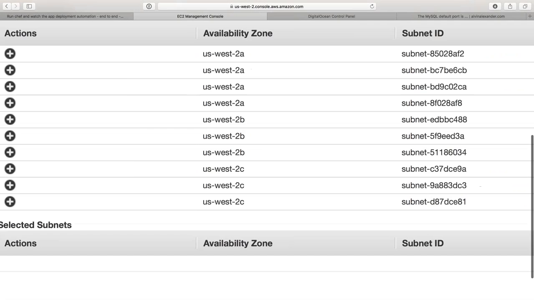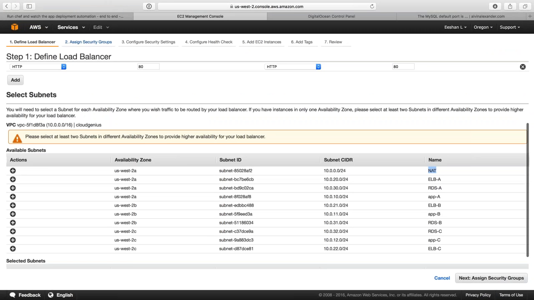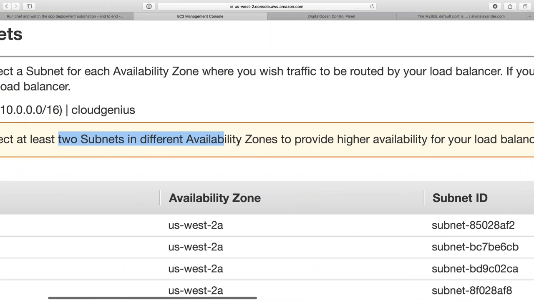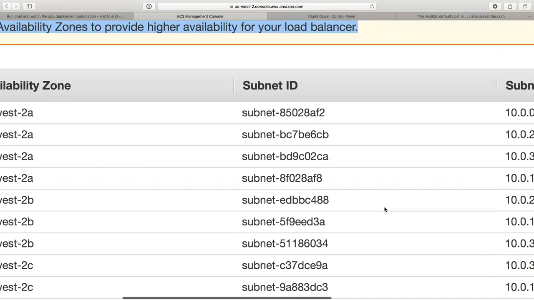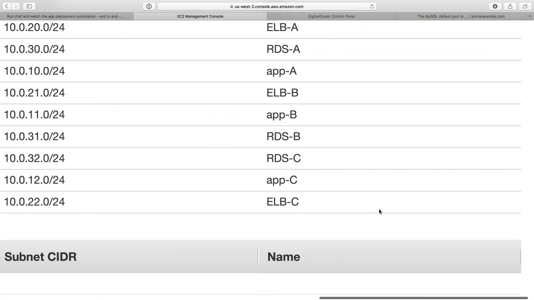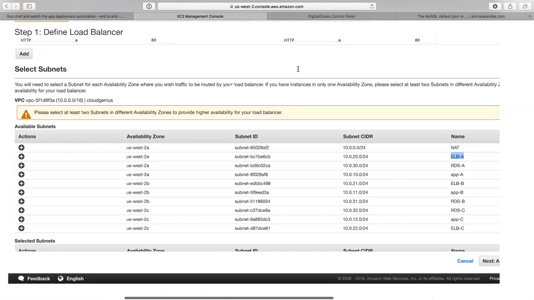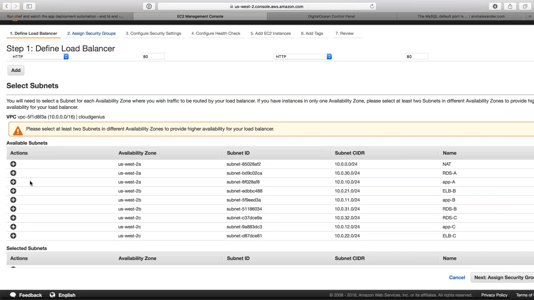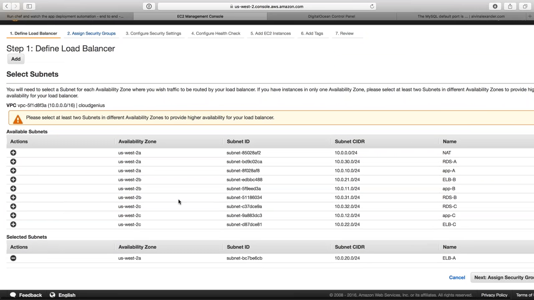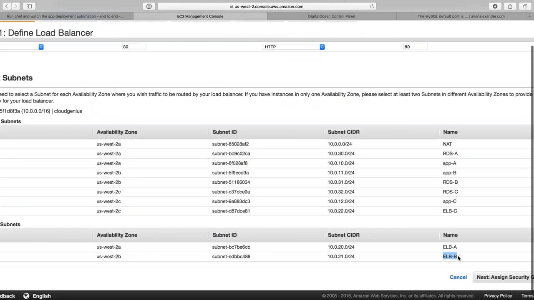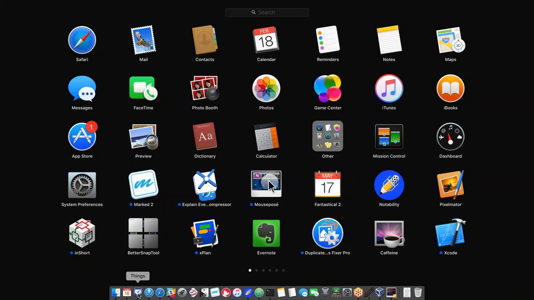And so what I need to basically do, as I create a load balancer, as I define the load balancer, is assign 2 subnets in different availability zones to provide higher availability for my load balancer, which means I need to pick the ELB-B and ELB-A subnets. So I'll do that, ELB A and ELB B. That's how I will identify those two subnets,